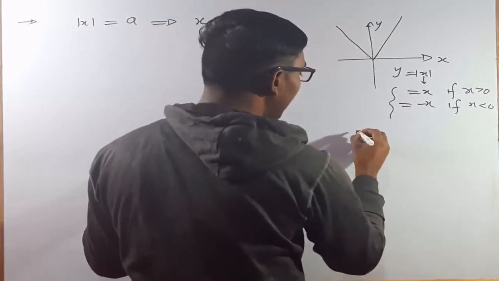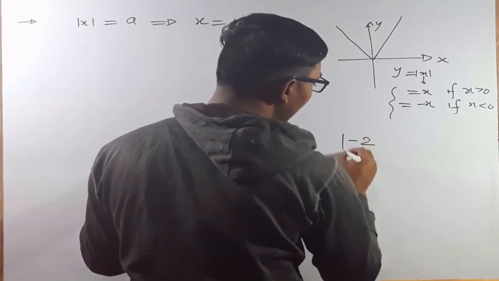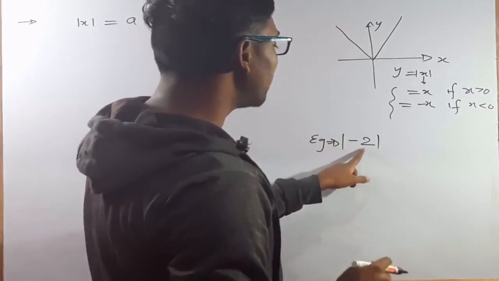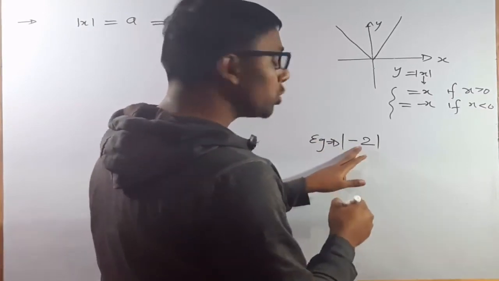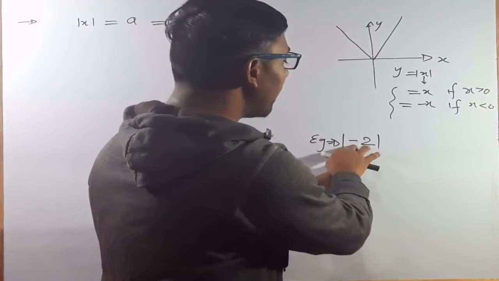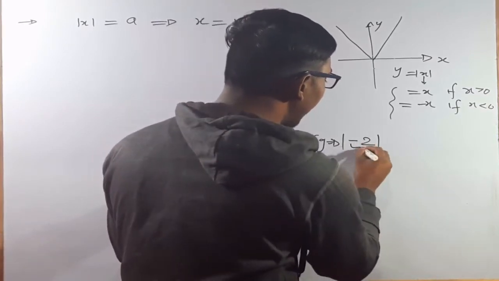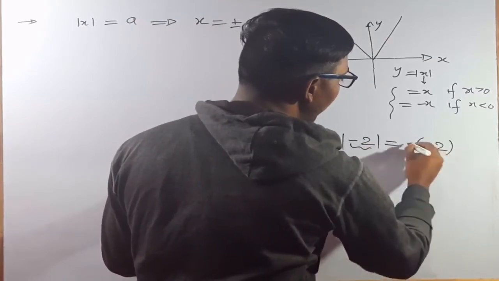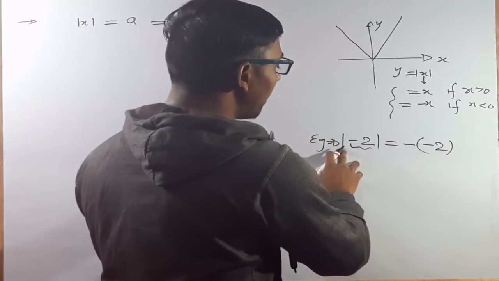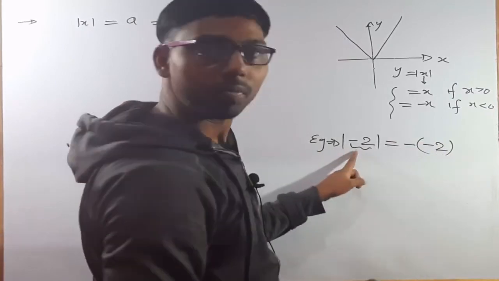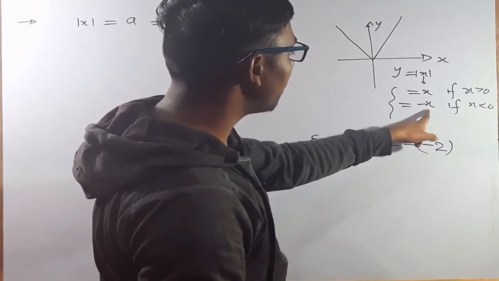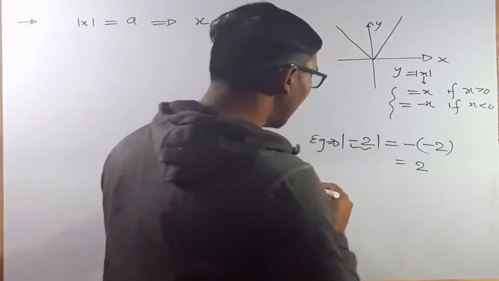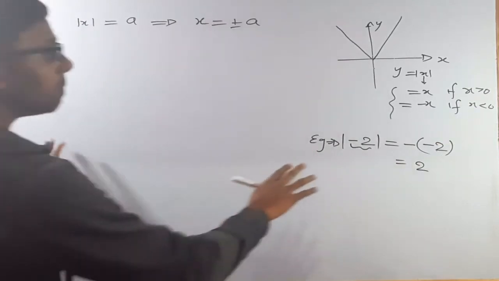For example, here minus 2. Example I'm taking is minus 2. This is modulus of minus 2. Here minus 2 is negative. But when we expand this, because this inner portion is negative, we will expand this as minus 2, and we will put a negative sign, because we are expanding a modulus function in which the inner portion is negative. That's why I am putting a negative sign here. So overall it will become positive. That's what I am saying. So this is the meaning of that.